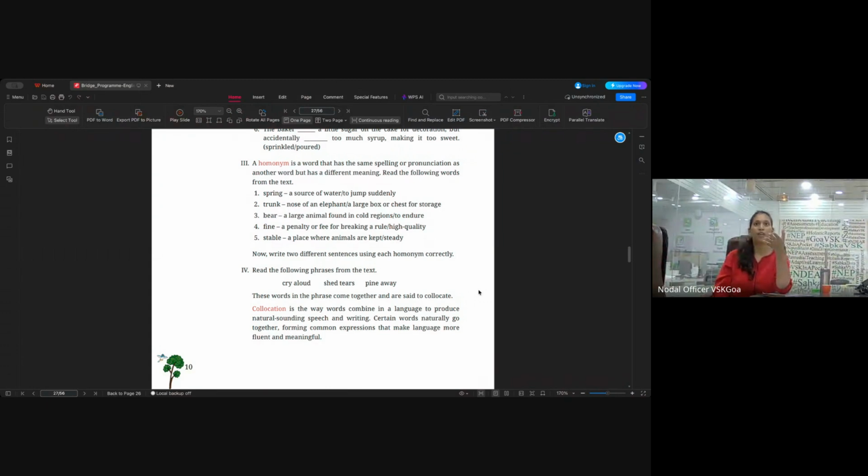Okay, we move ahead. You have words: cry aloud, shed tears, pine away. These come together and are said to collocate. Collocation is the way words combine in a language to produce natural sounding speech and writing. Certain words naturally go together, forming common expressions that make language more fluent and natural.